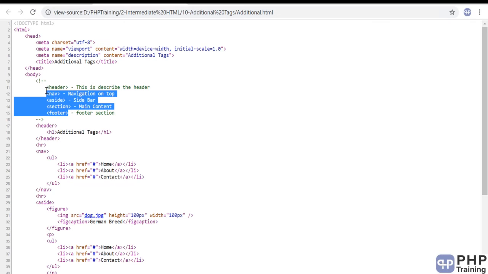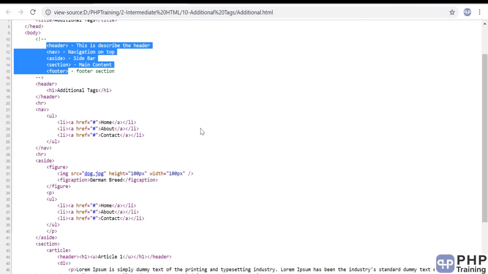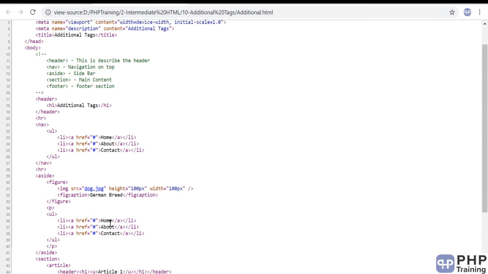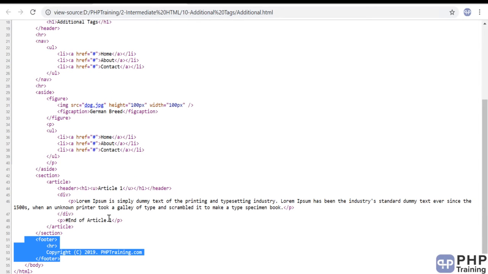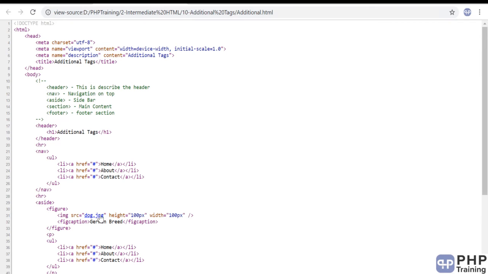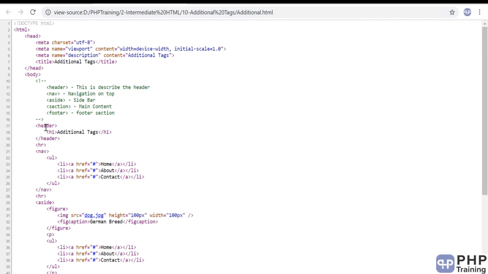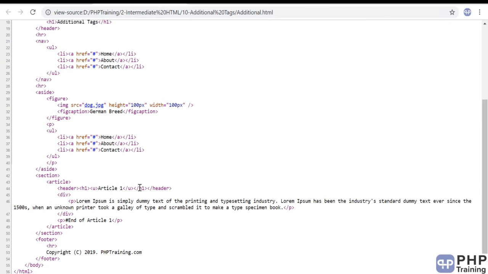So these are the HTML tags already available for us to use, and this actually gives a cleaner readability of your HTML code as well. When you write like this, this is footer. If you imagine, if you make everything as p, everything as div or everything as a span, it's really hard to understand what section you're talking about. But if you're using this kind of notation like aside, nav, header, and then footer, you at least know from the text itself what is the purpose of these tags and which section of the HTML page you're actually trying to write. Okay, so it's very important to understand.